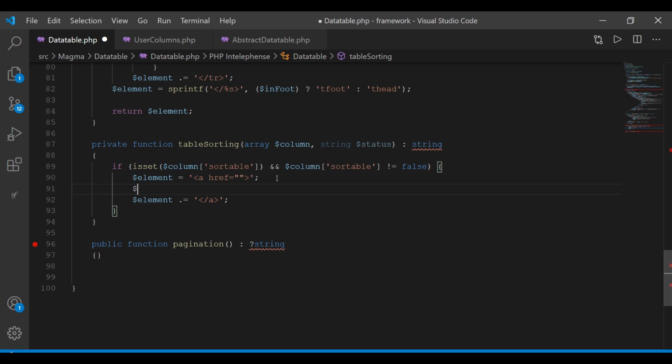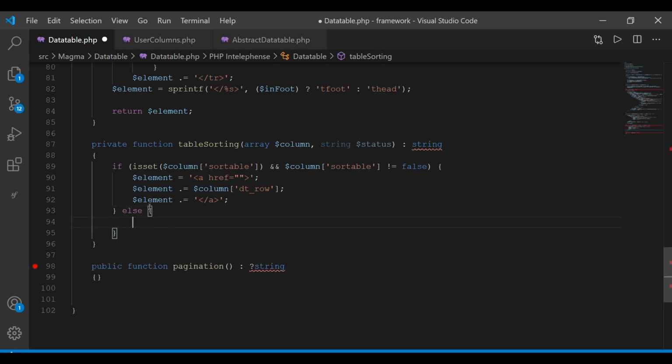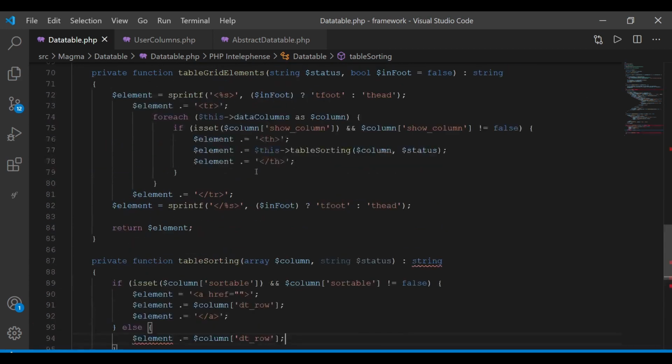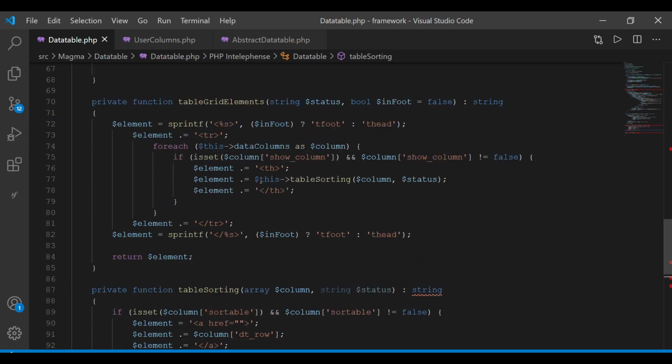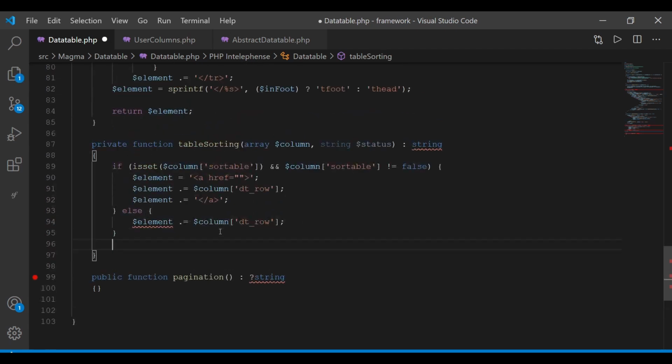Now in between that is where I want to return that DT row. So element concatenate column DT row. So we're saying if the table is not sortable, let's just return the DT row as normal with no element wrapped around it. So element concatenate column DT row. All right, and remember we're passing this all the way within this table head in this method right here, wrapped around these th elements, right? And that's just going to return those elements